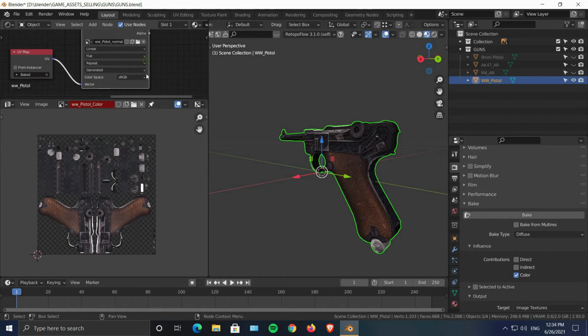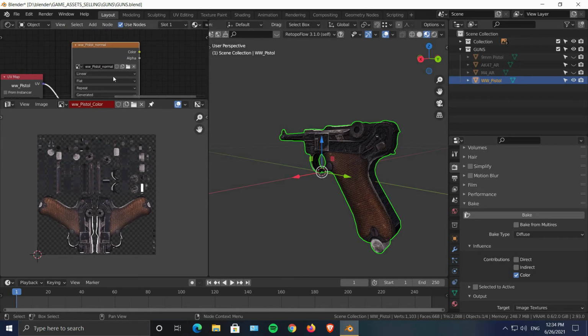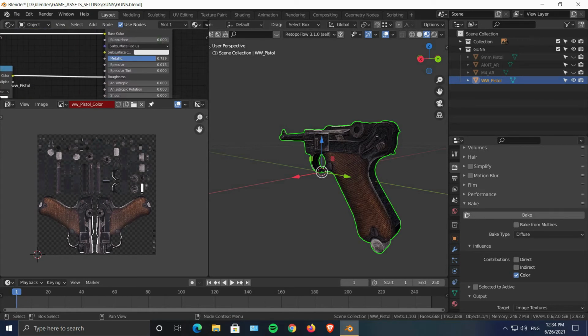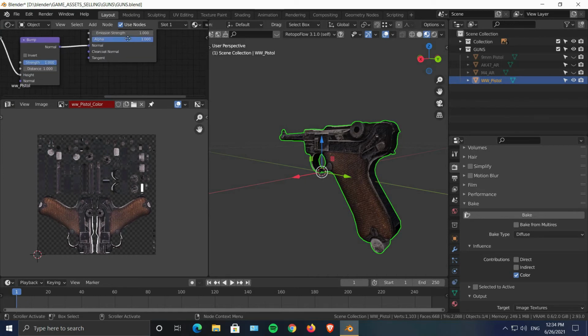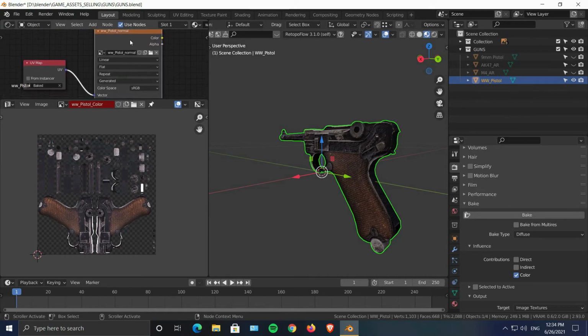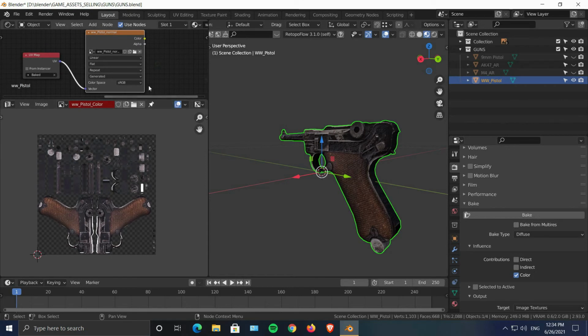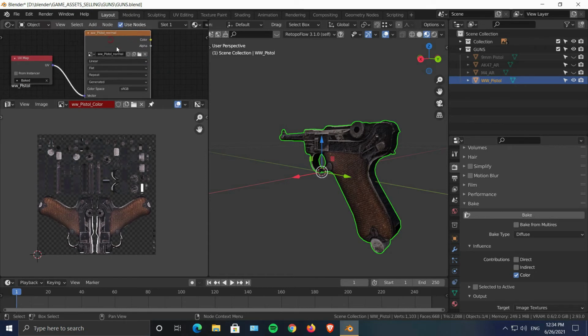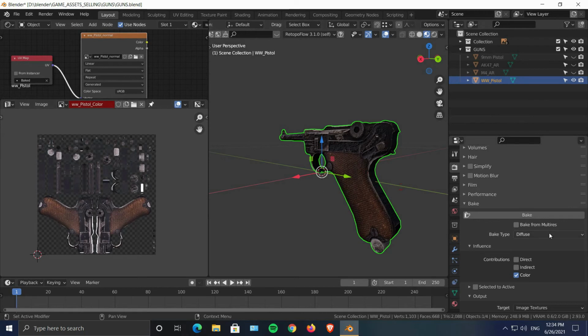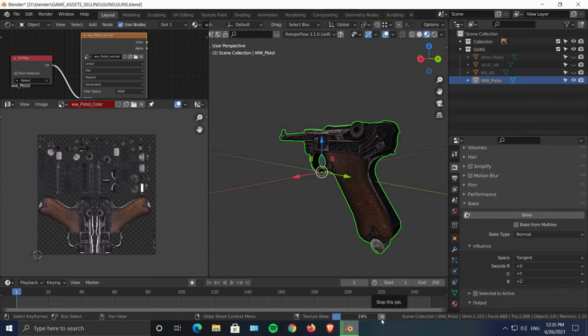Okay, and then we will select this, and we can plug metallic all the way up if you want to, doesn't matter, it only affects the color channel. Once we do that, select our image, select our object, and then over here select Normal and just hit bake, and it will bake your normal texture to it.